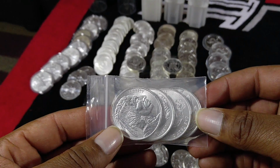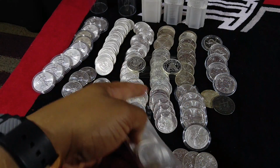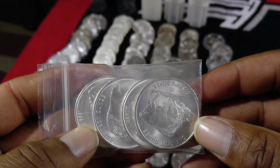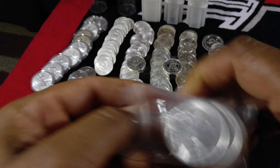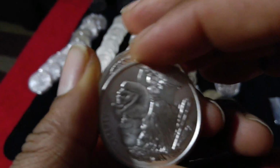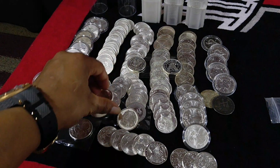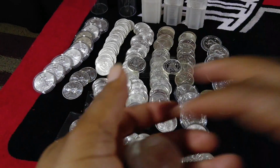So these are those elemental buffaloes. You guys know that I've been trying to get me 2 tubes of those. I'm real close. You'll see some back here. I'm going to count these up. This might put me at 2 tubes right here. But anyway, this is them. Let's get them out of the bag. So there you are. These are those really nice elemental buffaloes. We won't go into what's going on at elemental, so we'll just stick to this. There you go. So we'll put these down here. Man, I love that sound. Love that sound. And then I got 4 more of them. That brings a total of 8